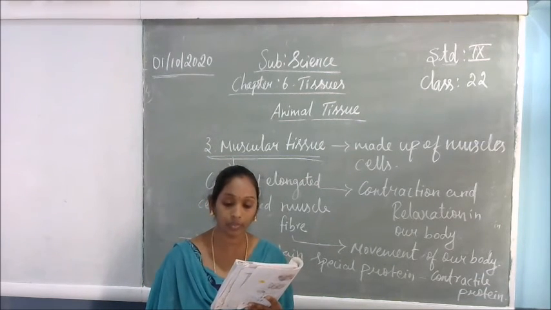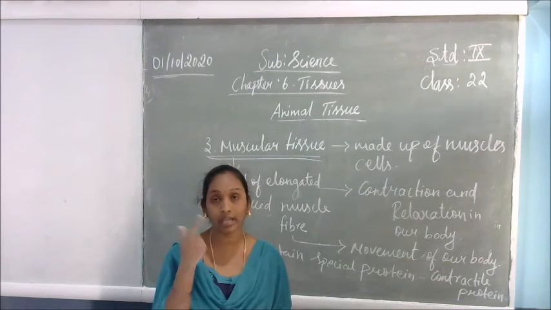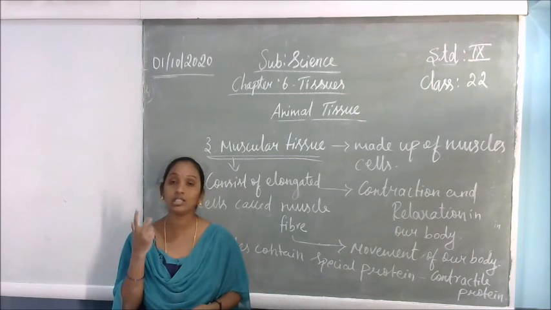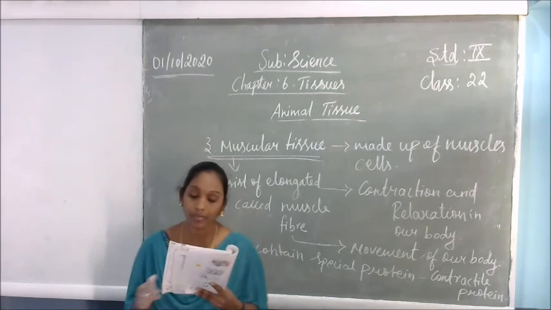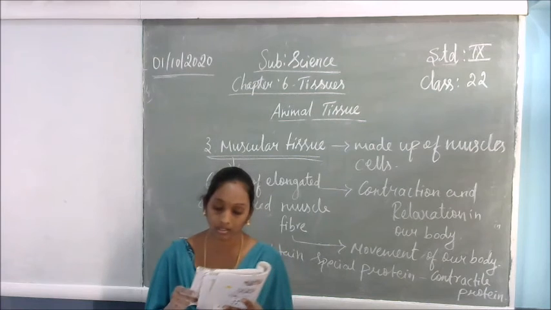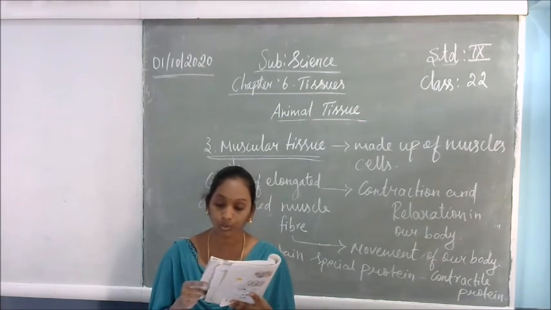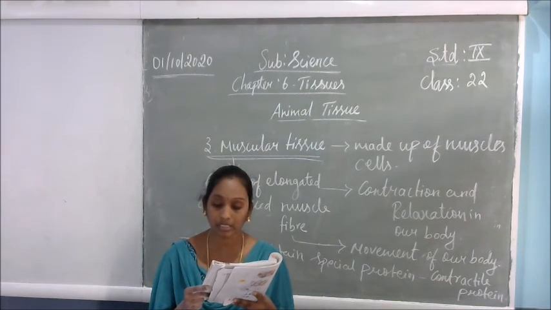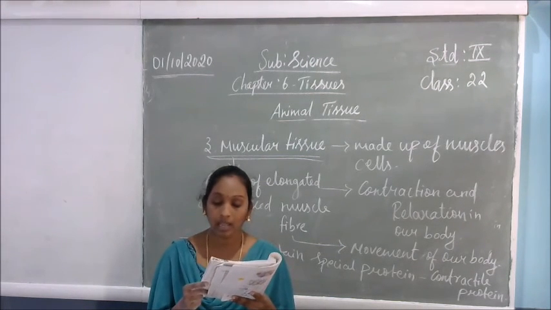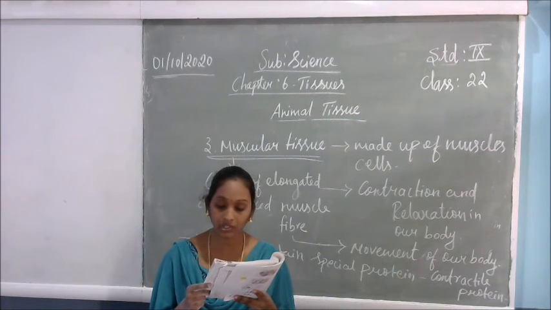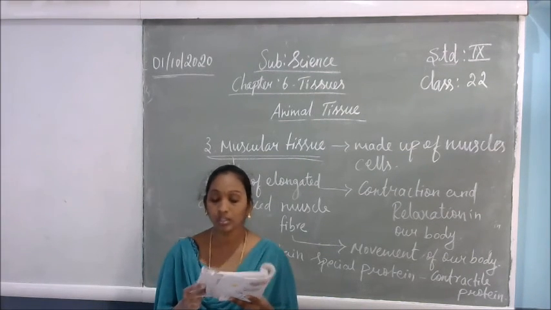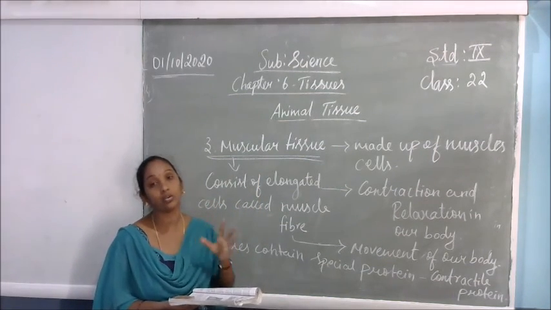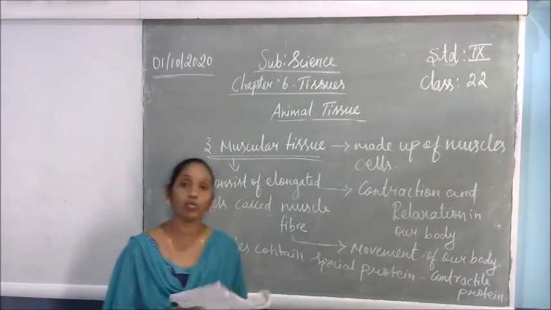They are also found in the iris of our eyes. Even our eyes often blink, and we cannot control that. So this type of muscle is involuntary muscle. Then there are the heart muscles. The muscles of our heart show rhythmic contraction and relaxation throughout life. These involuntary muscles are called cardiac muscles. Heart muscle cells are cylindrical, branched and uninucleated. So the important muscle here is cardiac muscle, which is not under our control. That is the involuntary muscle.